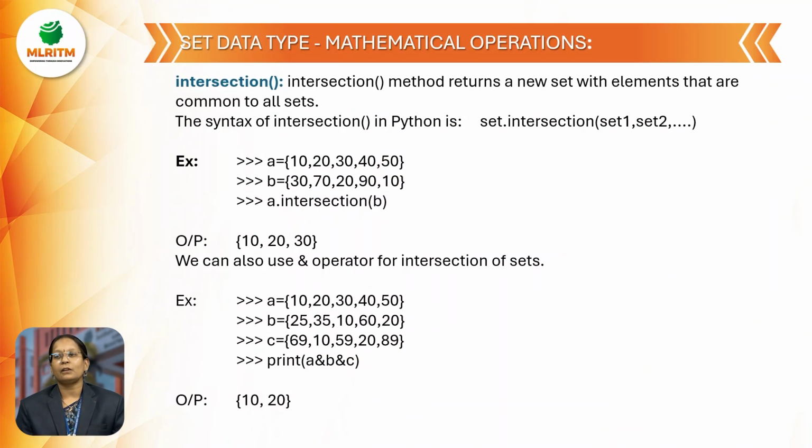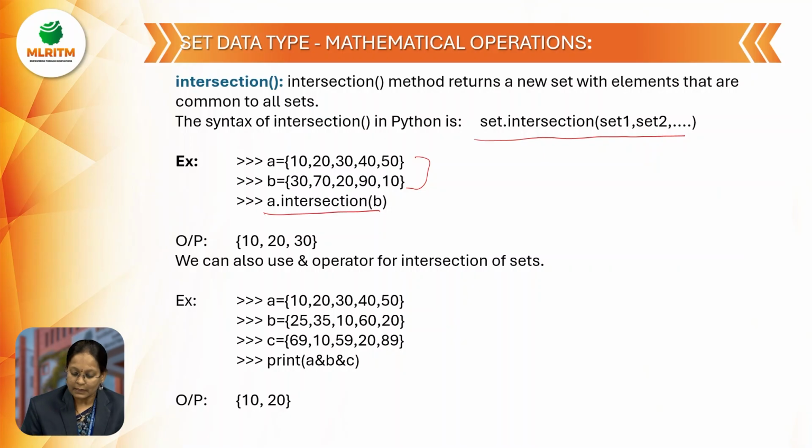The next mathematical operation is intersection. The intersection method returns a new set with elements that are common to all sets. The syntax of intersection in Python is set dot intersection of set 1, set 2, set 3, and so on. In our example, we are taking two sets with some elements and performing the intersection. By using this intersection method we can get the common elements present in set A